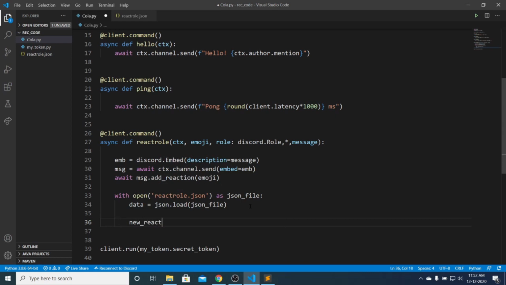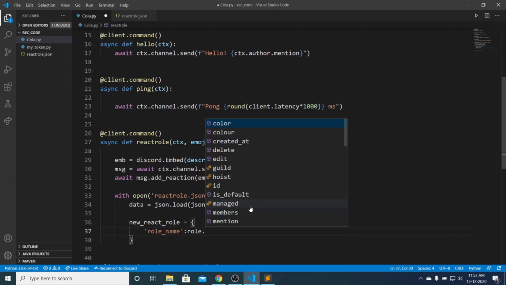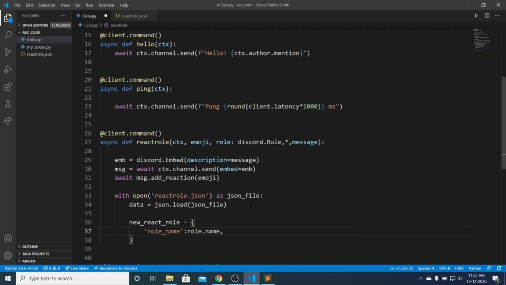I'll name it new_react_role equal to, now the first key will be my role name, and the value for this will be role.name. So this is the same role that we get in the parameters here. My next key will be the role ID. So role_id will be role.id,